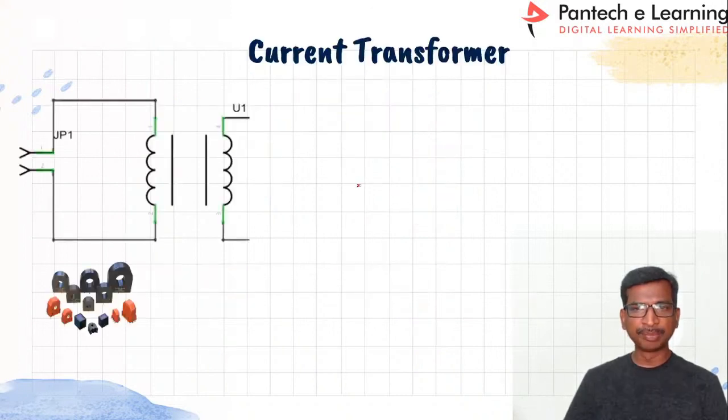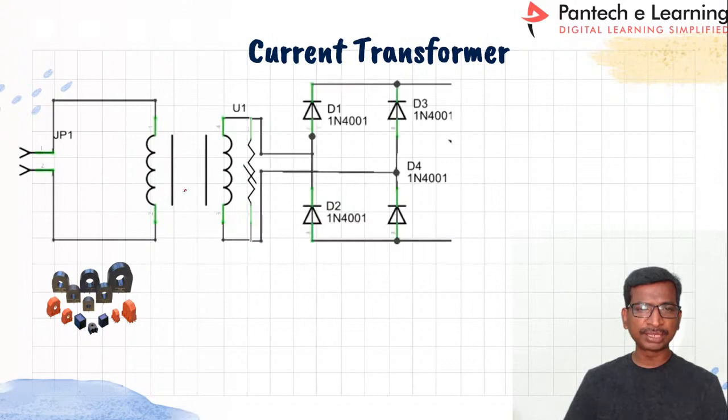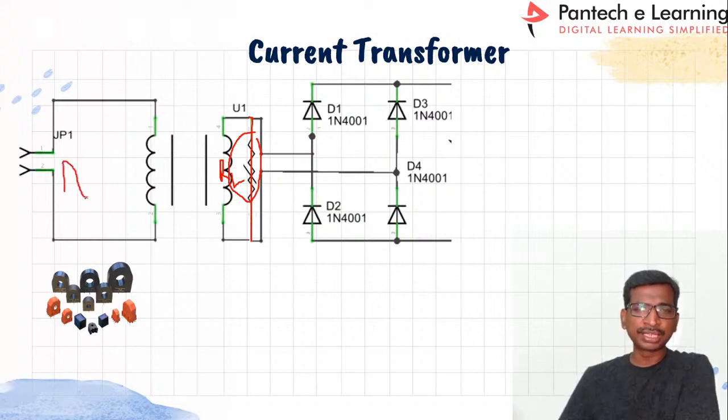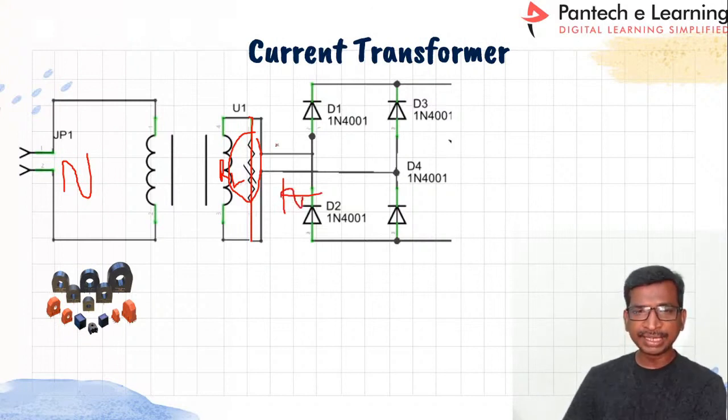And the current transformer method. See, actually in the current transformer, similarly, the primary and then the secondary part will be there. The secondary we have to connect short circuit via the load, right? So this is called the load resistor, RL. Across the load resistor, again a similar voltage will be there. So here the AC current, the scaled down AC current, will be there. Right, so this AC current will be available as an AC voltage.